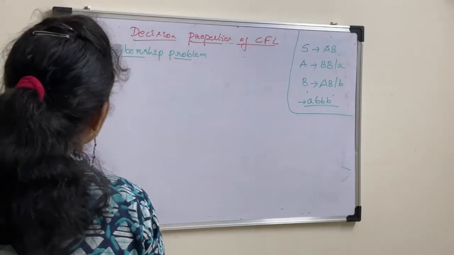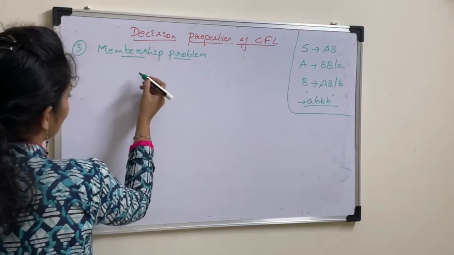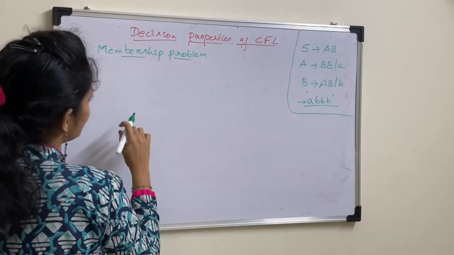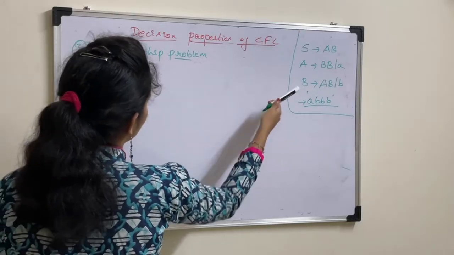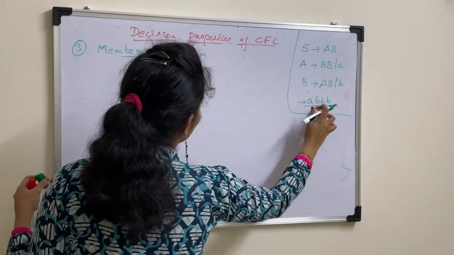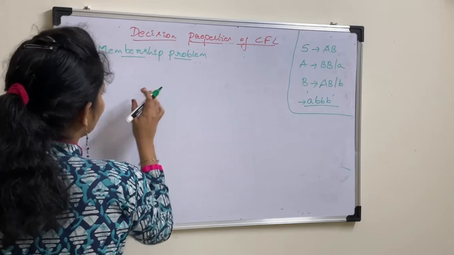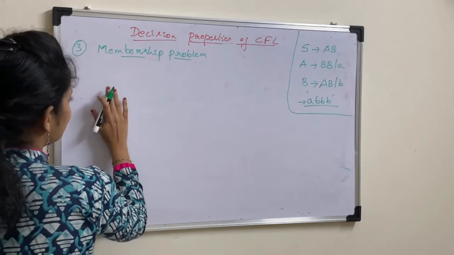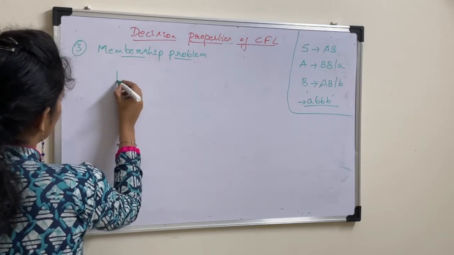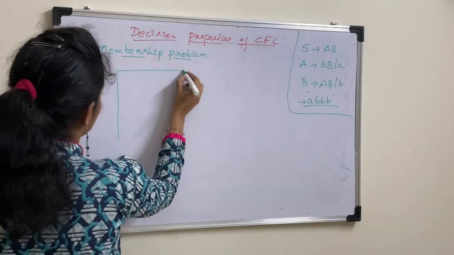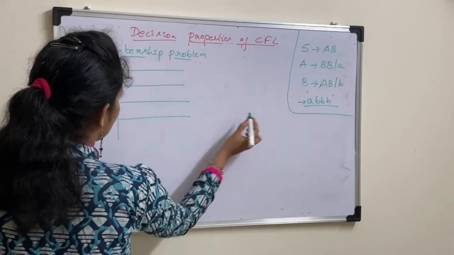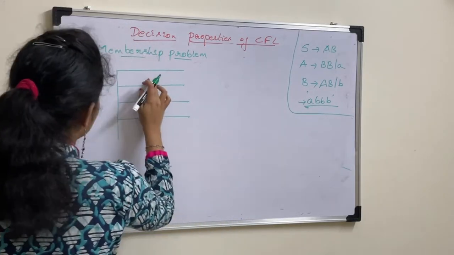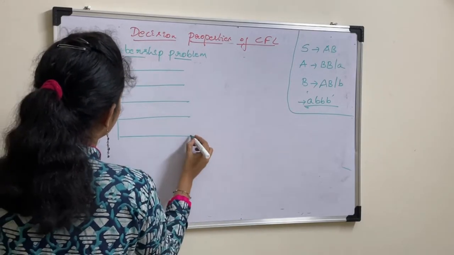No issue. So how to solve this? First find out the substrings or the number of cells which should be considered for the given problem. Here the string length is 4, so again we need 10 cells just like the previous example. So let us draw a tabular form for this. As we have 4 symbols in the string, we need 4 rows.